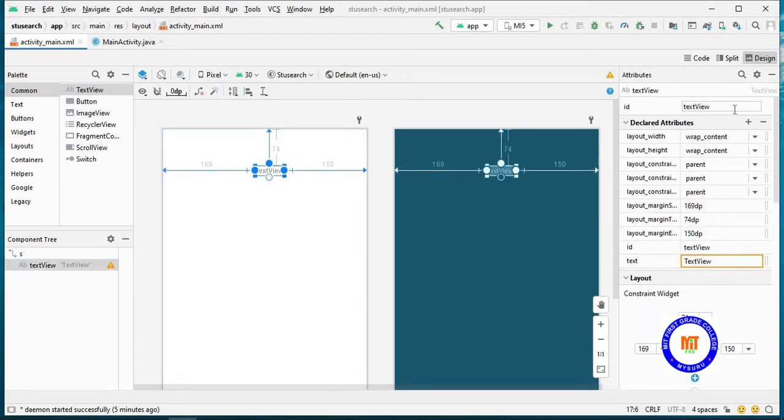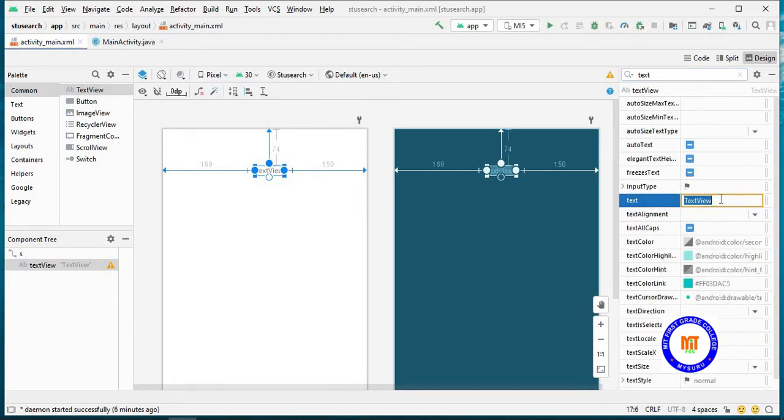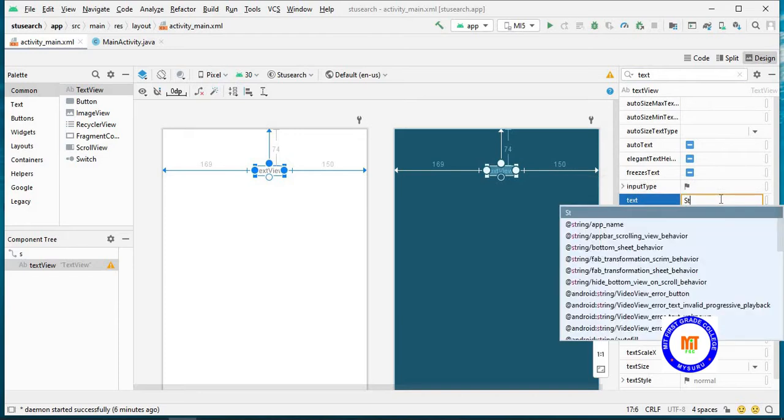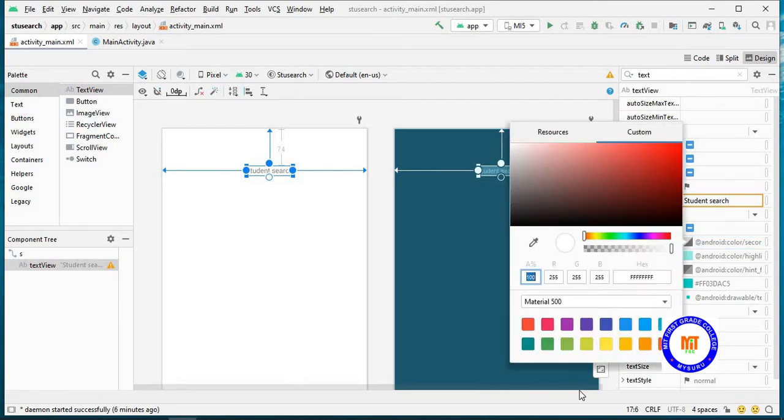I'll change the text and give it as student search. Change the text color. Let it be green.